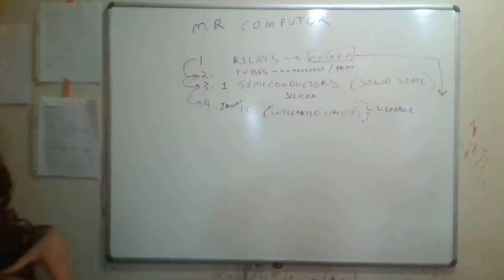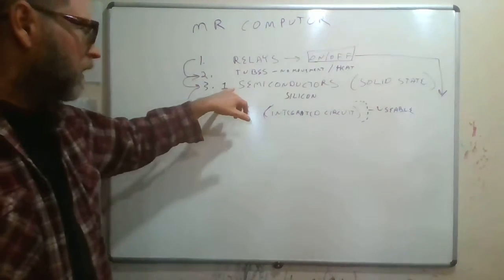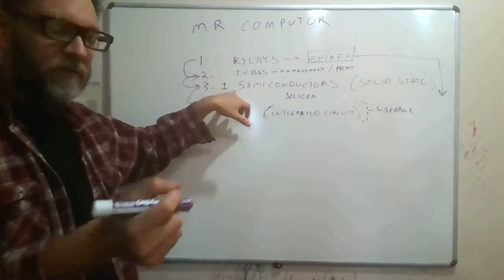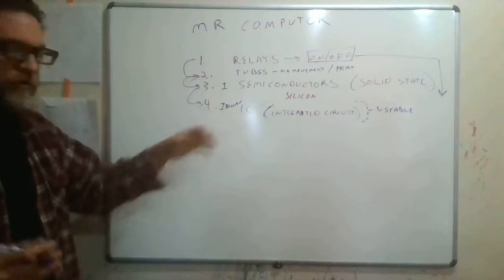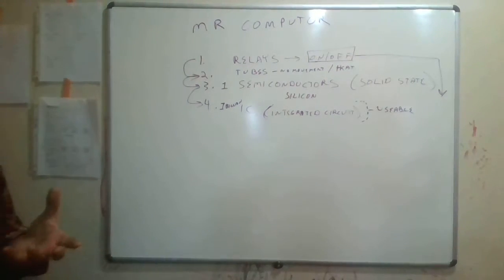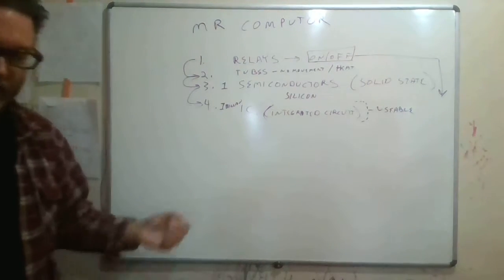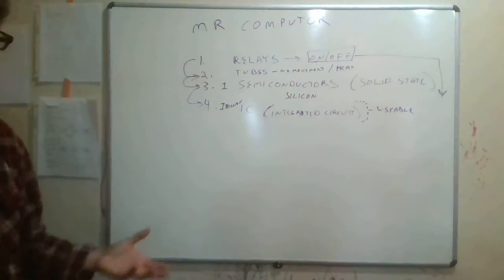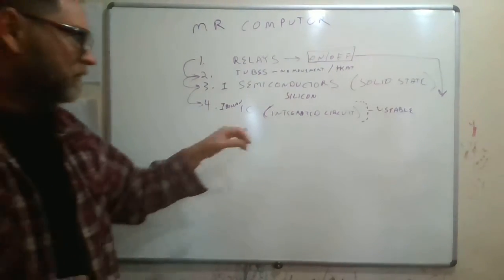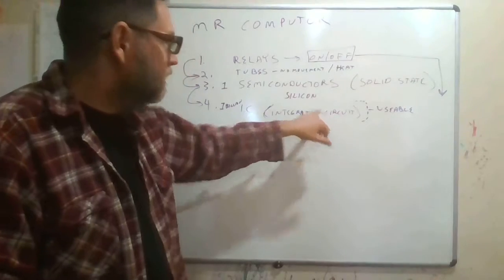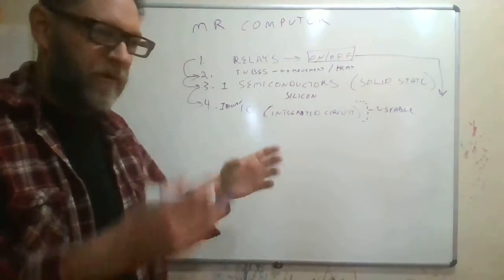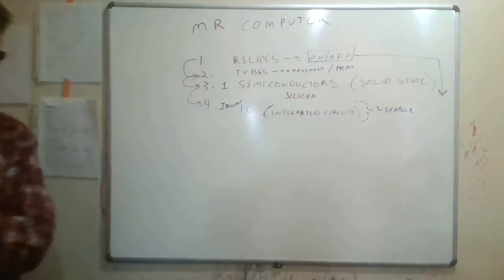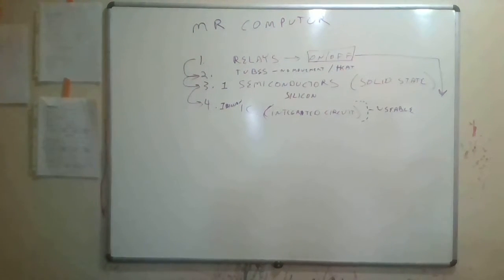So when I was a kid and I was building something, I would take each one individually and insert it and solder it together and figure out how to hook it up. Now you take an IC that has 1 billion transistors inside of it, and you stick power to it, and boom, it becomes alive, and it does things. That's because they've taken the circuit that I was building by hand and stuffed it all integrated together into one piece of silicon. I can show you what an integrated circuit looks like